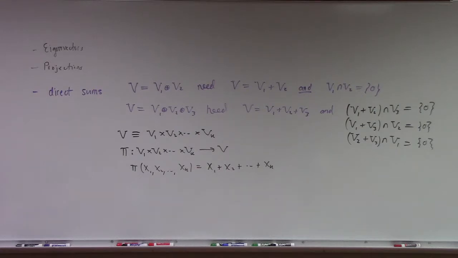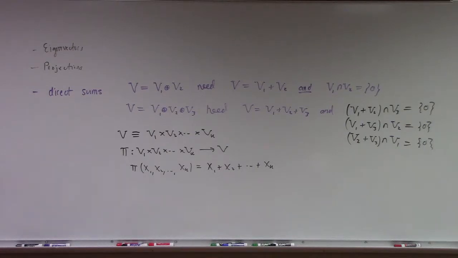There were 3 other ways of doing it. How about each element in the vector space has a unique presentation as a sum of vectors from each subspace. Like I can decompose x as x1 plus x2 plus xk, where x sub i is from v sub i. Yeah, that's uniquely done. Also, another equivalent characterization is that the 0 in the vector space is uniquely decomposed as the sum. Anyway, the uniqueness of 0.